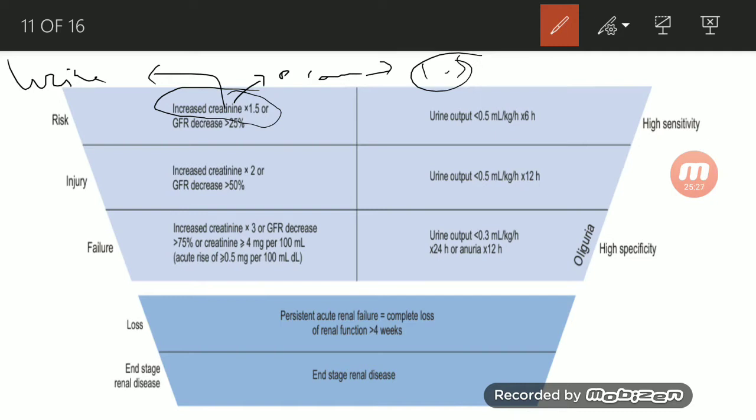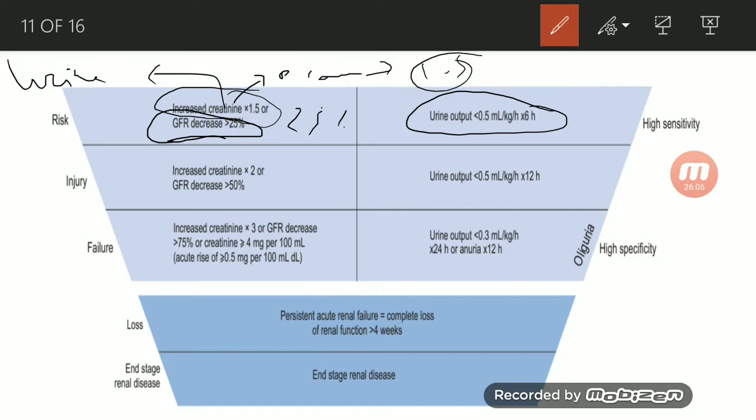So if there is an increase in your creatinine by 1.5 times that of normal, or a decrease in your GFR by more than 25%, then you are at risk for development of acute renal failure. Or if your urine output is less than 0.5 ml per kg per hour in 6 hours, then you have a high tendency to